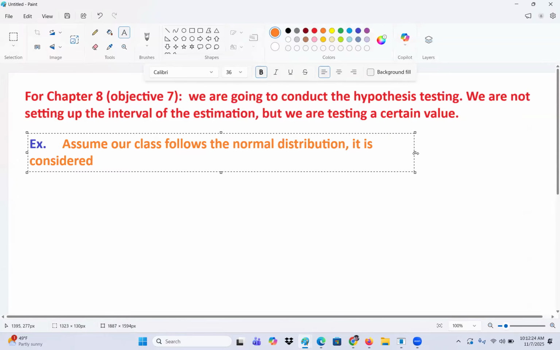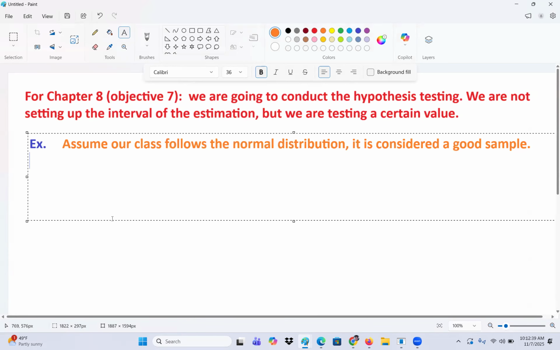Of course, our class cannot be considered a good sample size because, like I said, it has to be randomly picked. So let's say the second exam average, which is X bar equal to